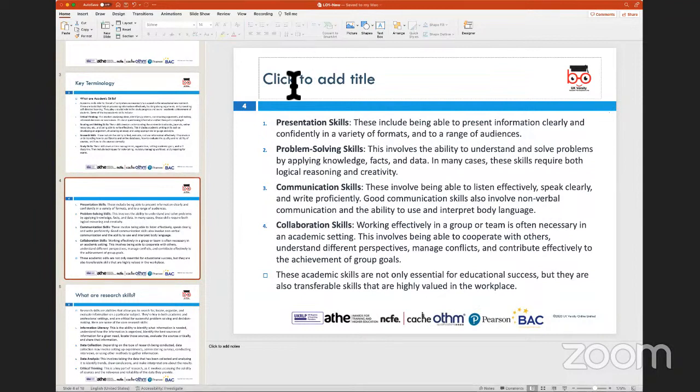Now, there are a lot of different types of academic skills. Academic skills would also include things like presentation skills, problem solving skills, good communication skills, and sometimes collaboration skills, which is working within teams to accomplish bigger tasks or goals which are required to be done, sometimes at your place of work, or sometimes when you are given an opportunity within the class